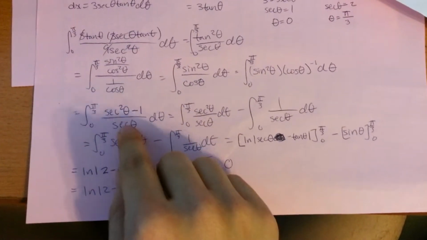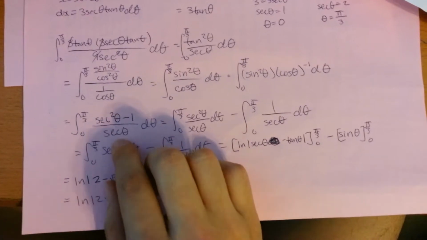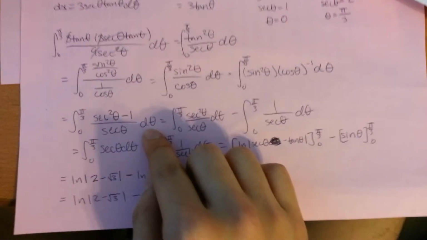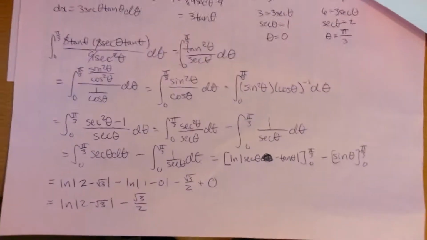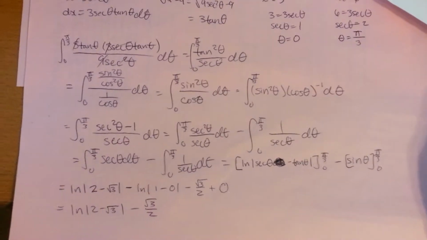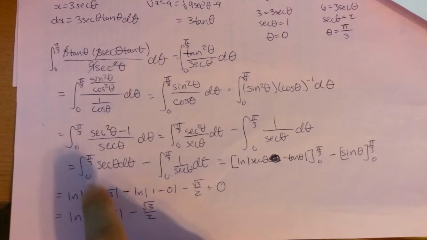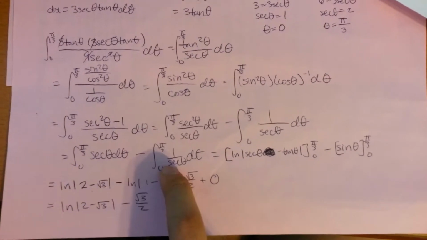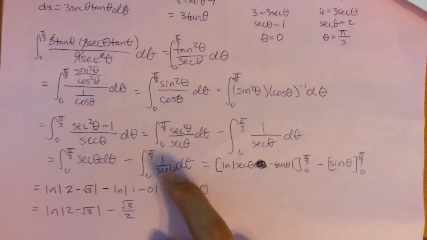Using a trig identity, you can just say that tangent squared theta equals secant squared theta minus 1, over secant theta d theta. You can separate that into two different fractions because of basic fraction subtraction rules. That yields this and this with the same limits, boundaries. Then you get the integral from 0 to pi over 3 of secant theta d theta minus the integral from 0 to pi over 3 of 1 over secant theta, which is cosine theta, d theta,